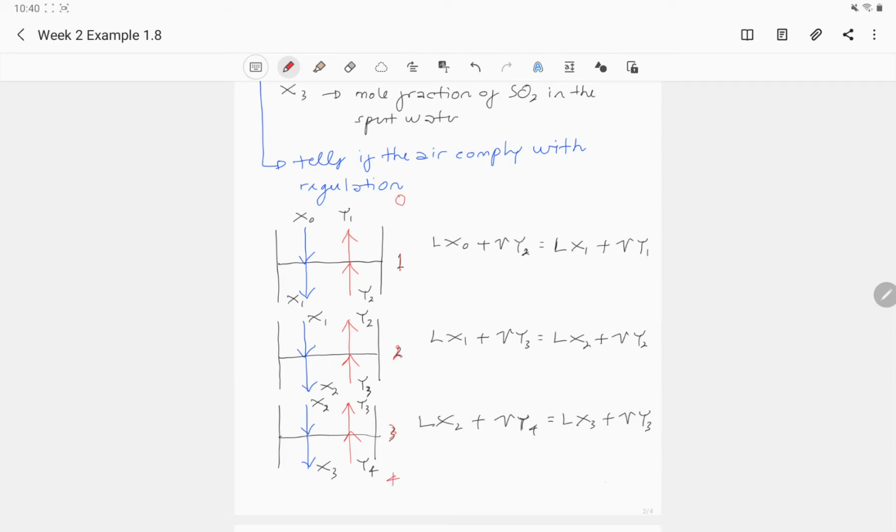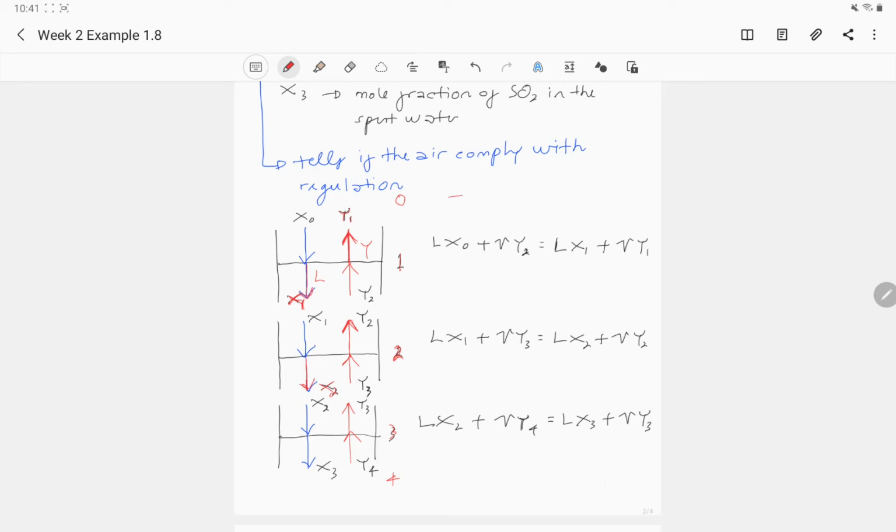So for a particular vapor that comes out from the tray, for example, this one comes out from the tray 1, we name this one Y1, the composition related with that particular vapor. And then the one that comes out from 2, we name it as Y2. The liquid that comes out from the tray 1, the composition we name it as X1. Okay, the one that comes out from the tray 2, we name it as X2. And then it's simple because this one is L, this one is V.